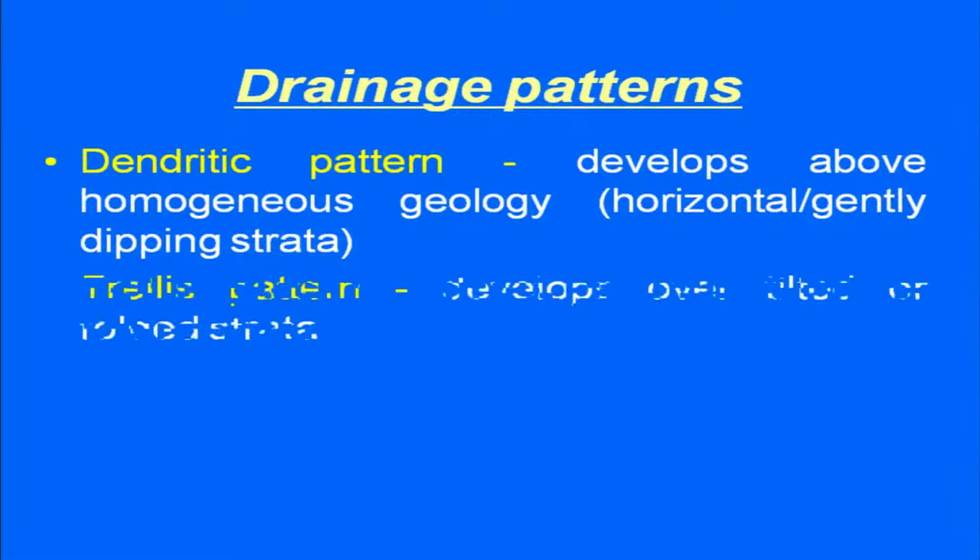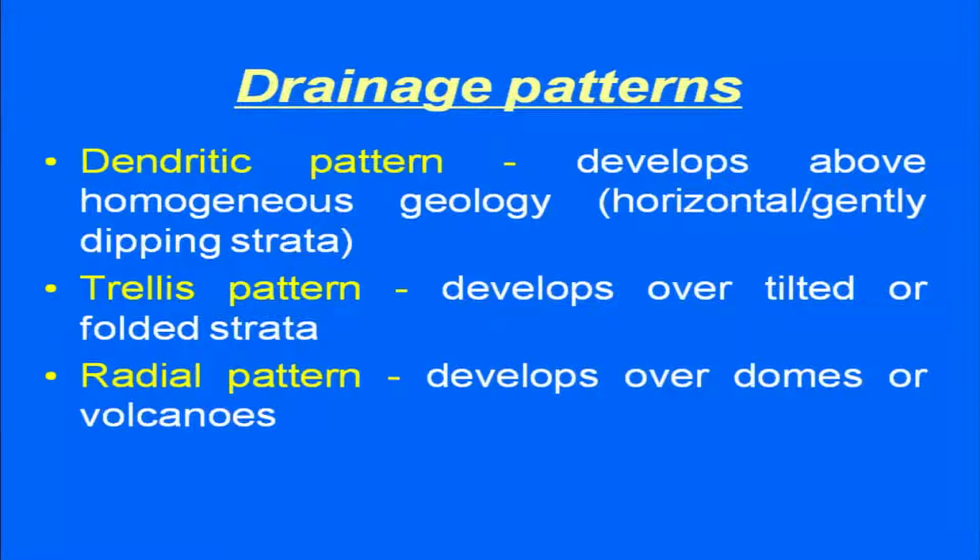So dendritic pattern develops above homogeneous geology. Trellis pattern develops over tilted or folded strata. Radial pattern develops over domes or volcanoes. So we also saw some examples of radial drainage and dendritic pattern. Also I was showing some examples from Himalaya, where the sub-Himalaya are showing very